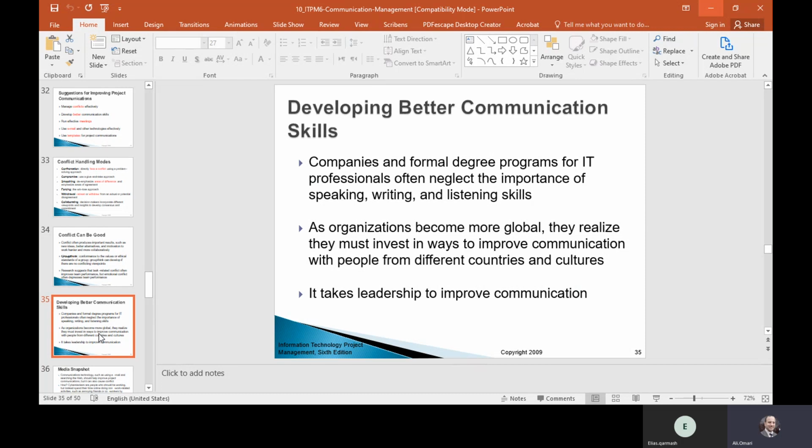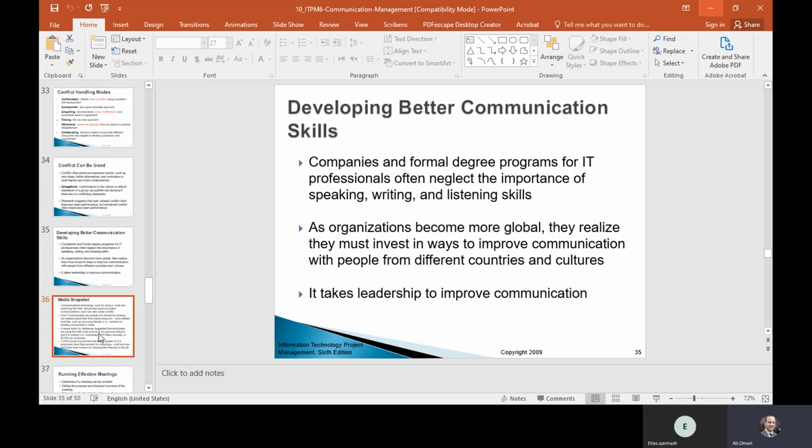And this is proven to make your project more successful, and therefore it leads to improving the process of the project itself if there is better communication skill.